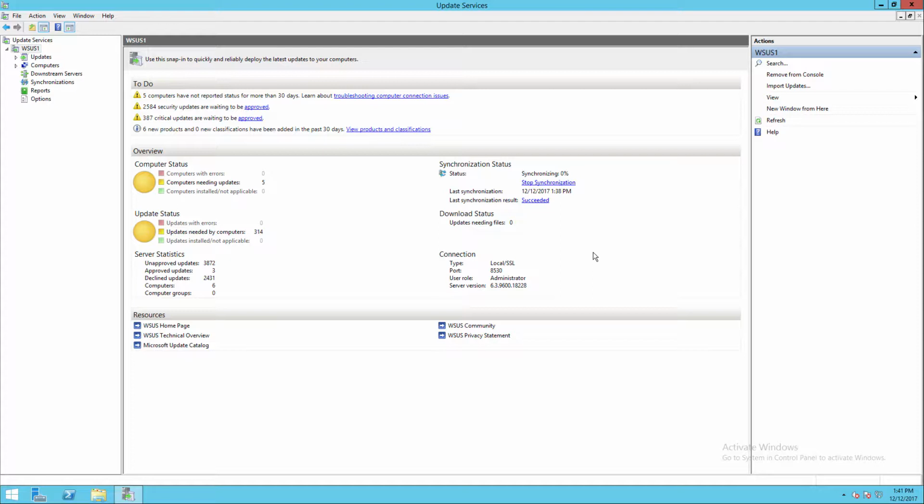Now I'm going to resynchronize so that I get my 2012 R2 updates downloaded. So let's go ahead and let that run again, synchronize again, so it synchronizes those other components I've added. Once this is done, then we'll go over to SCCM, and you'll need to make sure that your update service point is configured. So once you build your WSUS server and you do the synchronization, now that we're done with that,